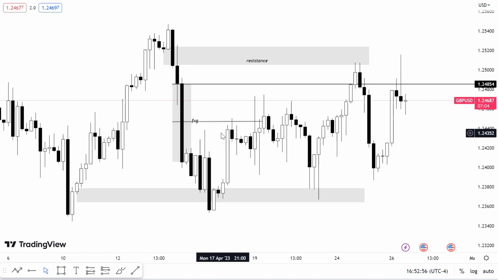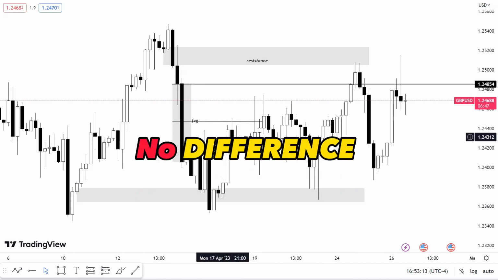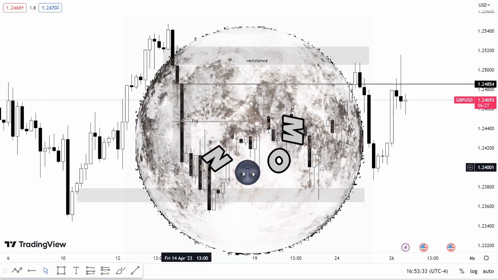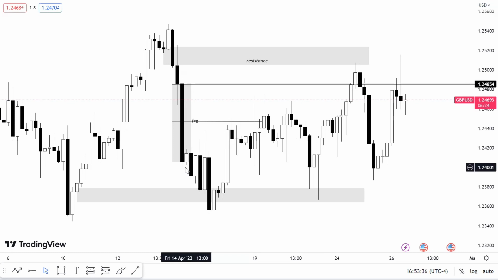Okay, let's go back to the last candle that pushed price up. So we went to the fair value gap. Need to understand that every time we go to a selling candle, we are pushing back down, and every time we leave the buying candle, we are still looking at buys. No difference. Yes, there's more selling pressure to this area because of the fair value gap or FVG, but price is still on a buying level. Do not hold too long. Don't be those people who hold fair value gap to the moon. Like, they would hold it for 4 days and you find that price took you out